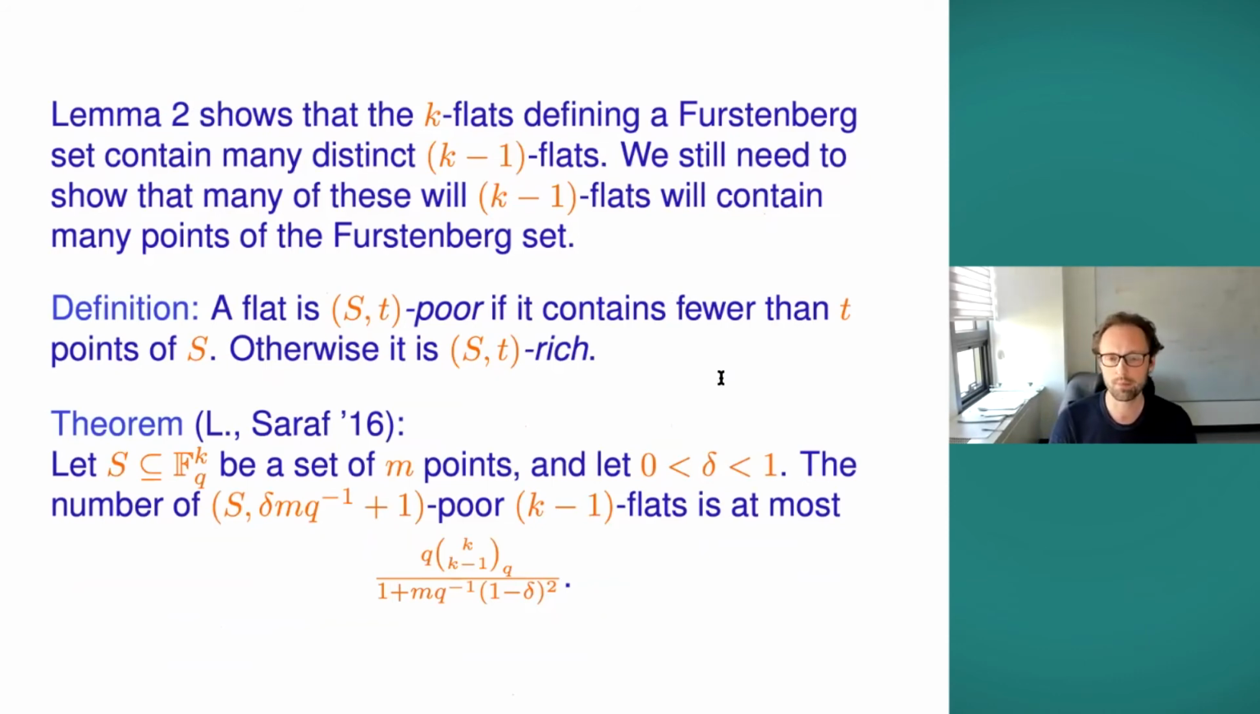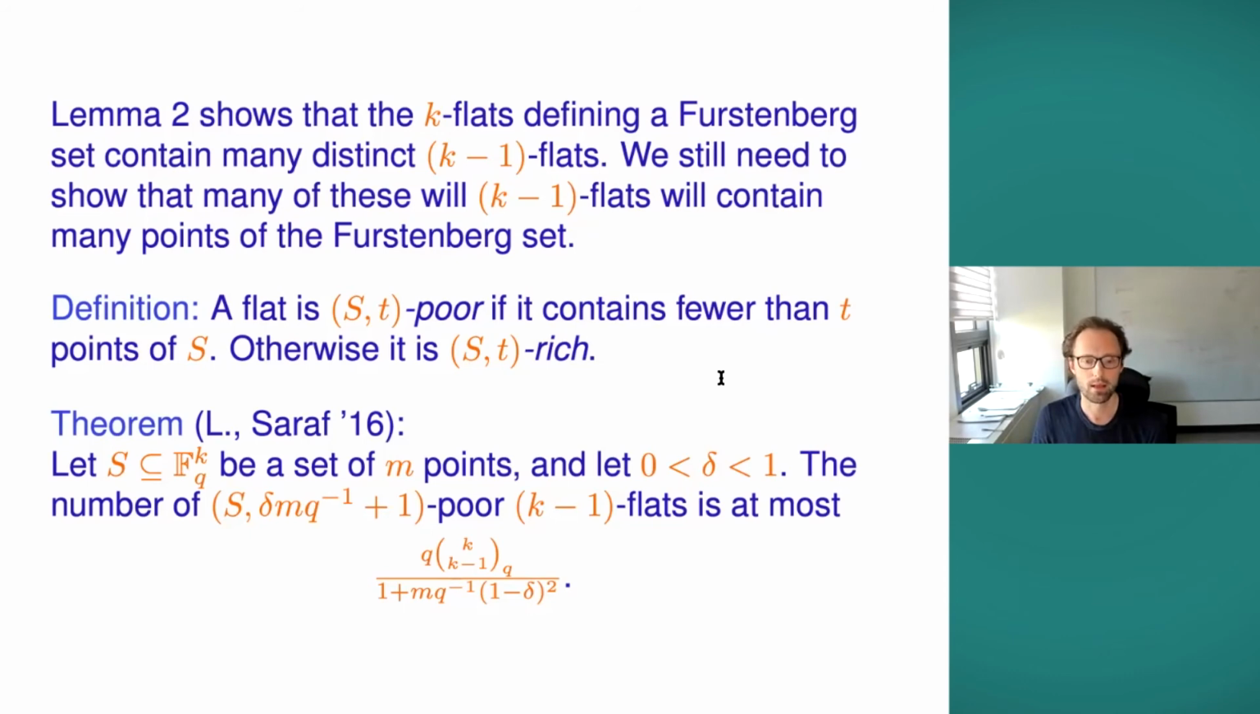Here we're going to say that a flat is T-poor if it contains fewer than T points of S, and it's T-rich if it contains at least T points of S. The theorem that I proved with Shubhangi Saraf a few years ago is that if we take a set of points in the k-dimensional vector space over F_q. The reason I'm using k here is because we're going to apply this inside the flats of F, the flats that are associated to the Furstenberg set. So suppose that we have a k-flat that contains m points and a parameter delta between 0